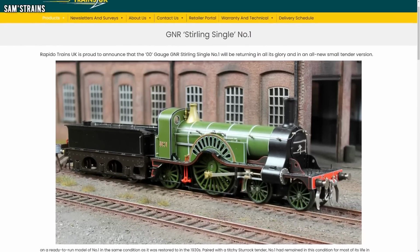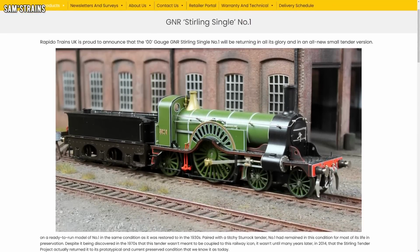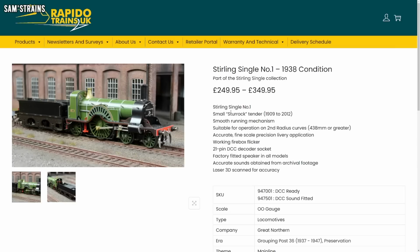The first thing they announced is a loco that has been produced before, but it's become very expensive and sought after, and finally it is back in the range after many years. It is of course this, the Stirling single, this time on general release, so it's not just an exclusive anymore. For this latest version of the model, Rapido have retooled the tender, so we get a smaller version of the tender, and we've got a new price at the retailers of